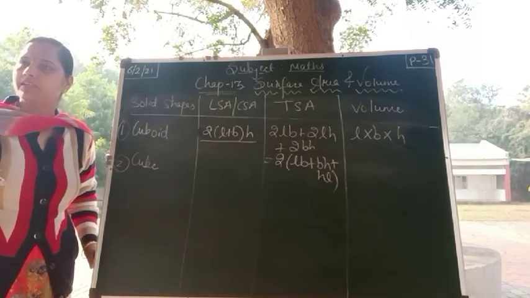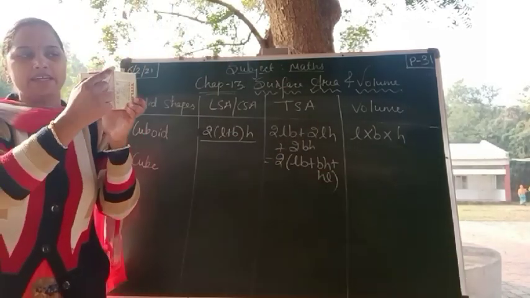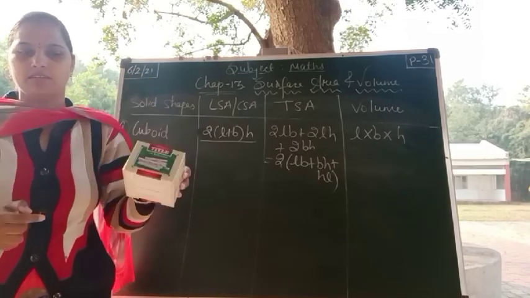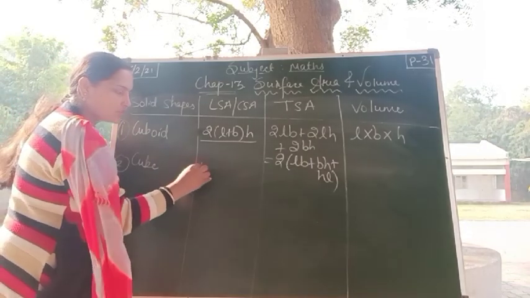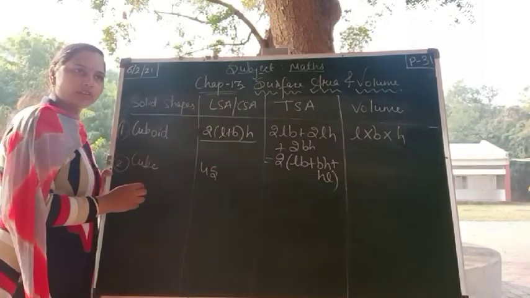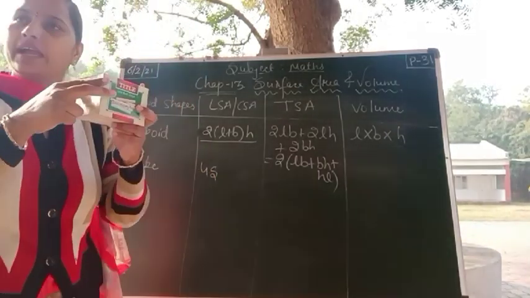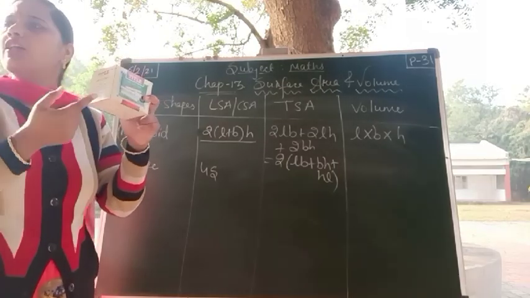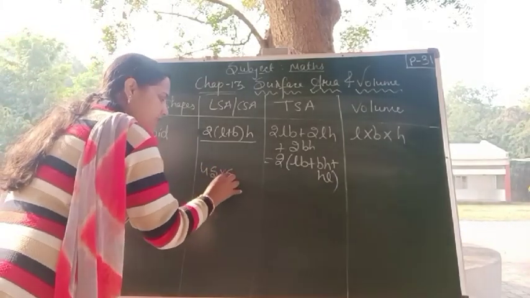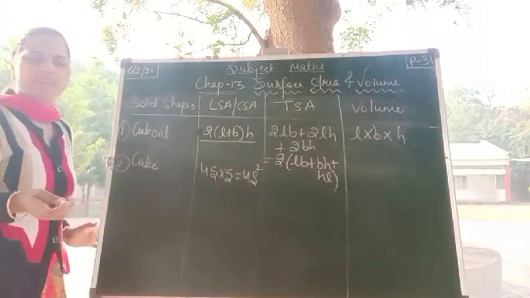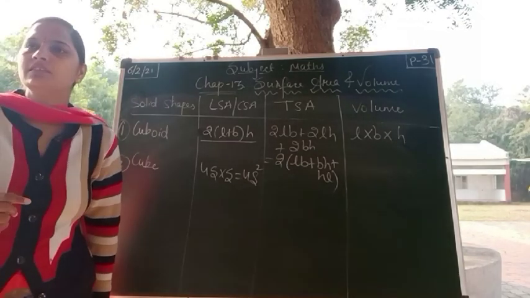Again we will start with the perimeter. Now tell me the perimeter of the base. Side plus side plus side plus side, 4 side. The perimeter of the base of the cube is 4 into side. Right? Now next, height is what? Side. All sides are equal here, so height is also S. So this is 4 side square. Or I can say there are 4 surfaces around and each surface has area side square.